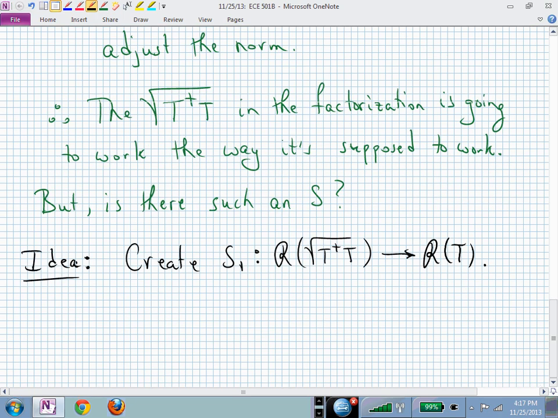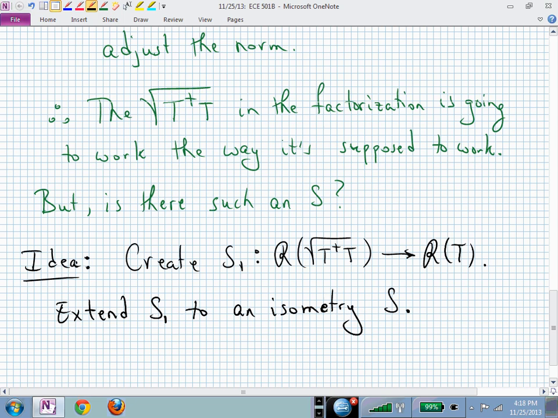And that may not fill up the whole space, so we need to then extend this map S sub 1, or this operator S sub 1, to form or to create an isometry, or to basically complete the entire space